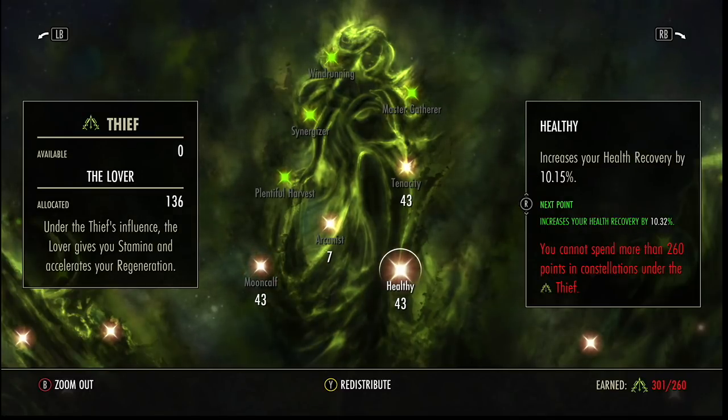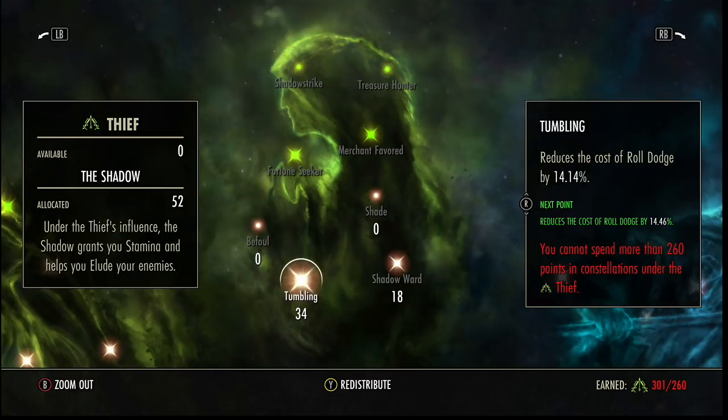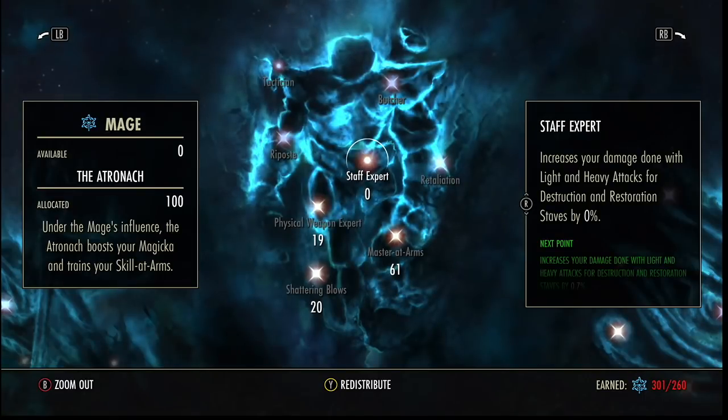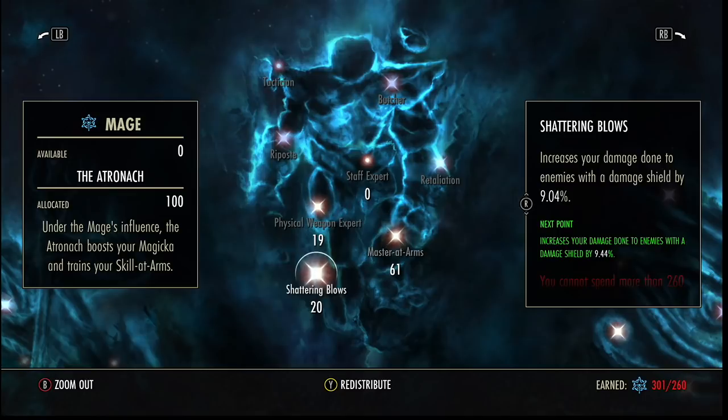I just chose to amp up that health recovery even more, so this, Troll King, Nord passive, or you could do Orc passive, it's the same, and our gold Artaeum takeaway. Like I said, health recovery is going to be really nice on the build. 18 Shadow Ward, 34 into Tumbling, 23 Blessed, 19 Physical Weapon, 61 Master Arms, 20 into Shattering Blows,